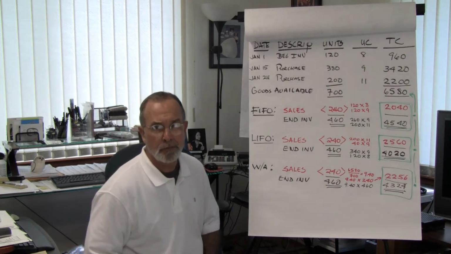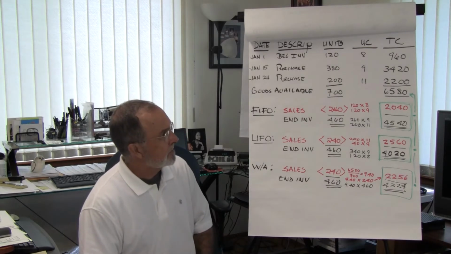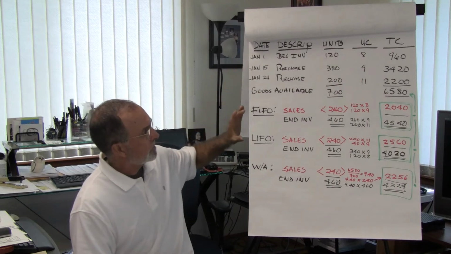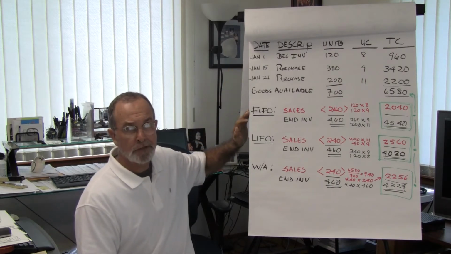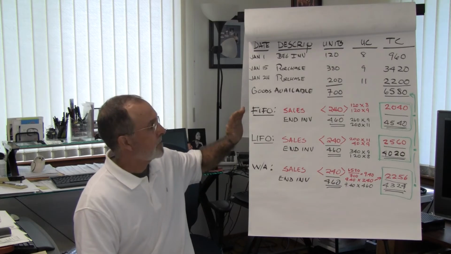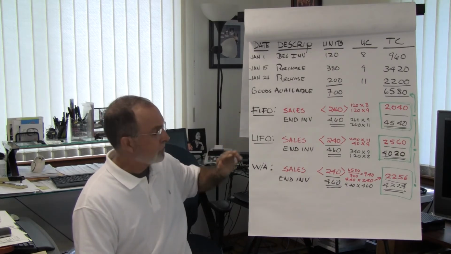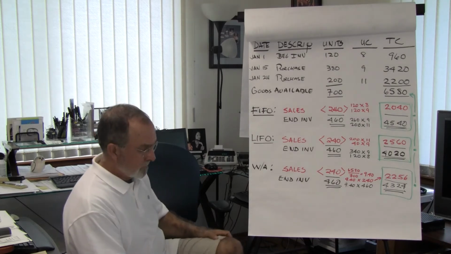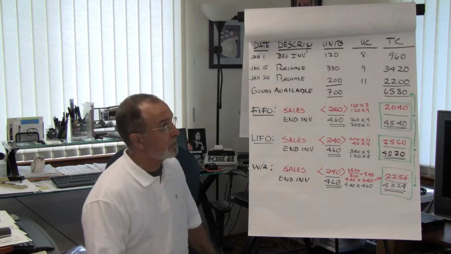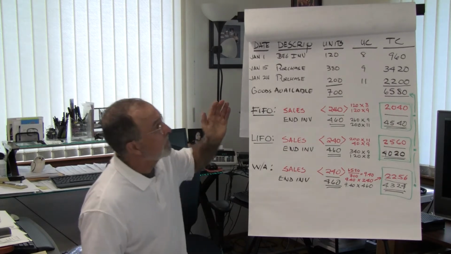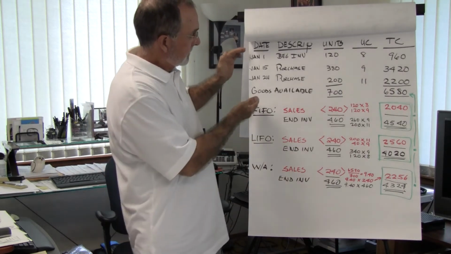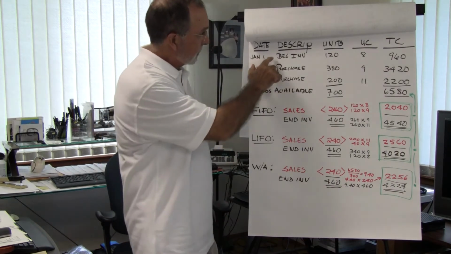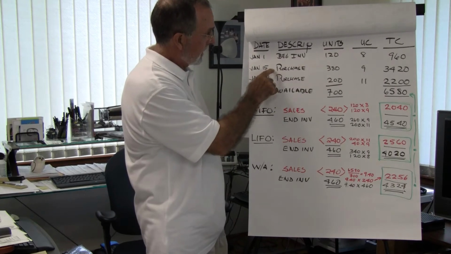What I did prior to this got a little messy, and so I redid it using all three cost flow assumptions that are asked for in the exercise: FIFO, LIFO, and weighted average. And I did all the calculations, and this way I can spend a few minutes just talking about the different calculations. To review, at the top we have the information that's given in the exercise, the beginning inventory and purchases